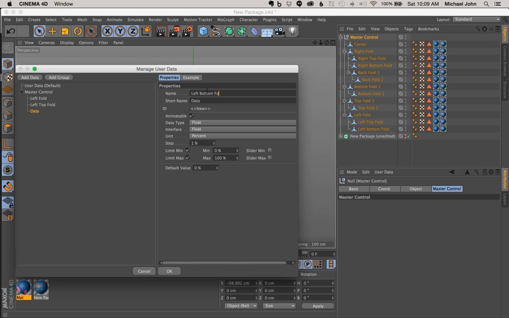And you just want to make sure that you are naming these value points to match with the objects for the components in our master controller null object. And you also want to make sure that you're adjusting the minimum value to -100. That's an important step because this is essentially going to define the rotation axis of those components. And by adjusting the minimum value to -100%, it's essentially telling that object that when we rotate it, it'll rotate